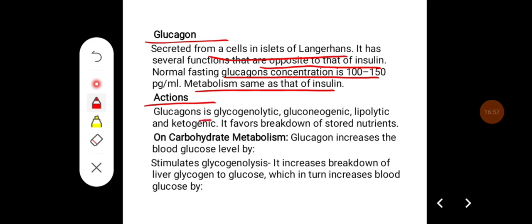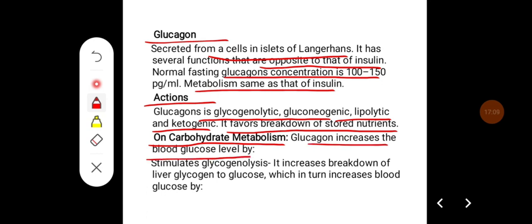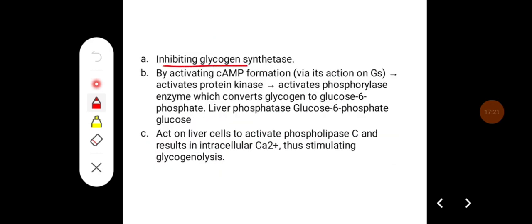glucagon, it is glycogenolytic, gluconeogenic, lipolytic, and ketogenic. It favors breakdown of stored nutrients. On carbohydrate metabolism, glucagon increases the blood glucose level by stimulating glycogenolysis, where it increases the breakdown of liver glycogen to glucose, which in turn increases blood glucose by inhibiting glycogen synthase and by activating cyclic AMP formation via its